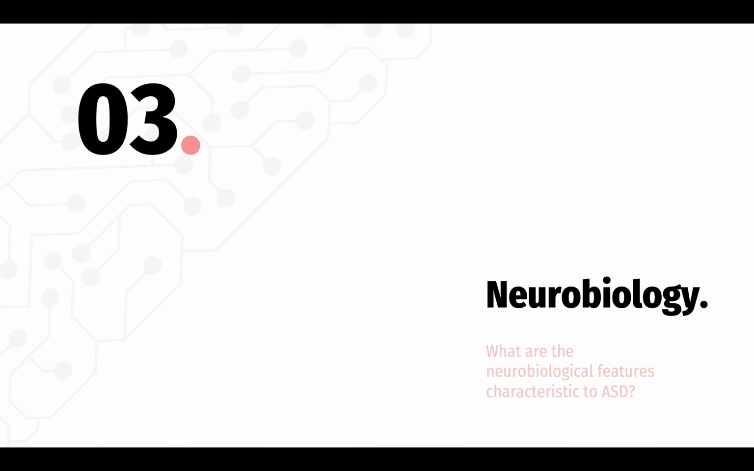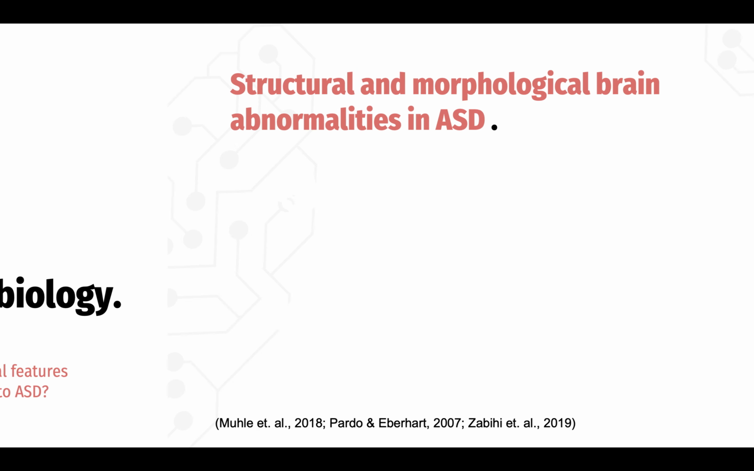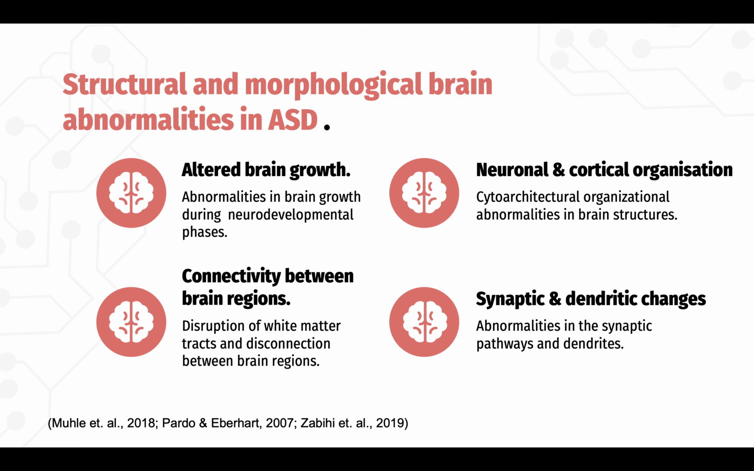Now let's have a look at the neurobiological features characteristic to this disorder. According to several studies, marked deficits in social communication and interaction, coupled with the repetitive stereotype behaviour seen in people with autism, are indicative of abnormalities in neuroanatomic structures and neurodevelopmental pathways that may have been implicated during intrauterine and/or early postnatal brain development. The structural morphological brain abnormalities in autism include altered brain growth, which is more specifically a